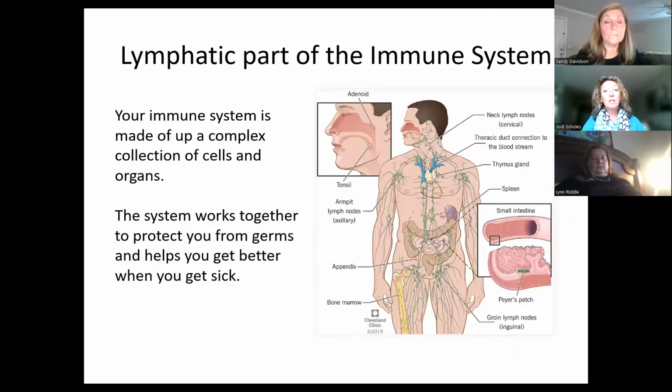So the lymphatic system is a part of the immune system, and I just wanted to show you the immune system in general. The immune system is like our skin, right? Our skin is part of the way we are protected. And so the lymphatic system is pictured here, but just know that it's a part of that immune system. It's not the whole thing. It's an essential part of the immune system, but it's not the whole thing. All right.